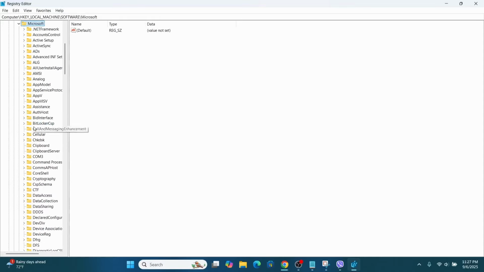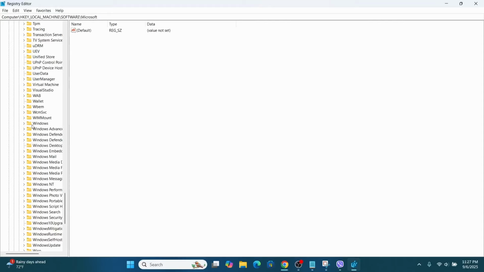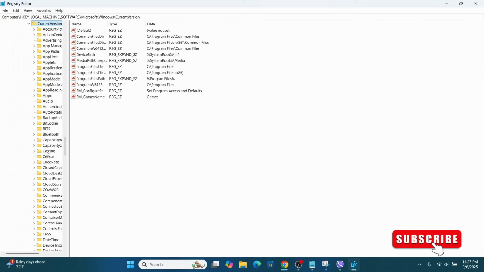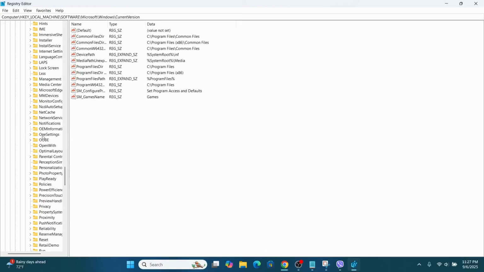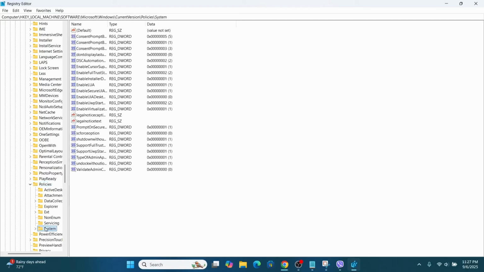And from Microsoft as well, we're gonna find Windows. You can scroll down for that and head over to the Windows section right here. Find Windows and expand it again. From Windows, we're gonna find CurrentVersion and expand CurrentVersion as well. And from CurrentVersion, we're gonna find the option for Policies. And then once you find Policies, for one last time, expand it and go over and find System right here,